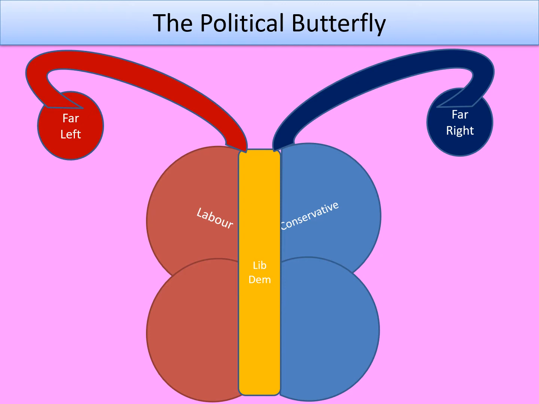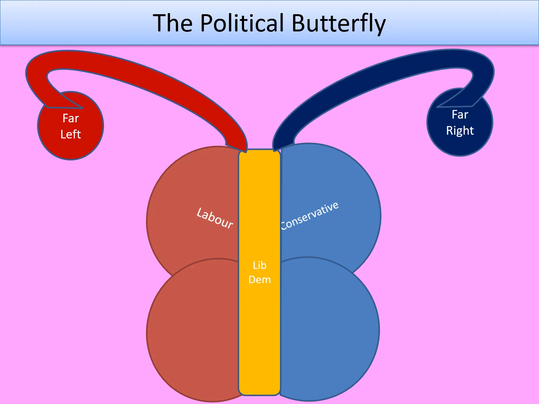In the middle, you've got Lib Dems. Now, I don't know a huge amount about Lib Dems, but they're in the middle of the two, and they are in my political butterfly. You can see they're a much smaller section, and that's because traditionally, throughout history in the UK, the political party in power will either be Labour or Conservative, and traditionally we haven't seen many Liberal Democrats who are in charge. In 2010 they formed a coalition government with the Conservatives, but then they were soon dropped and a lot of people didn't like what was going on. Anyway, so